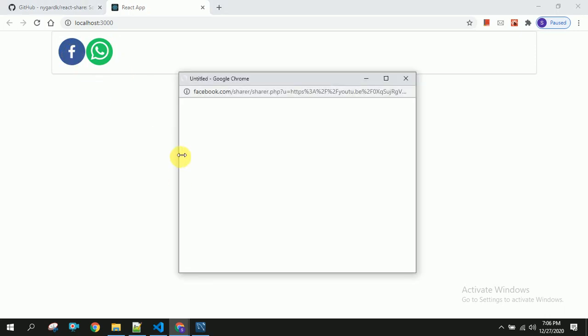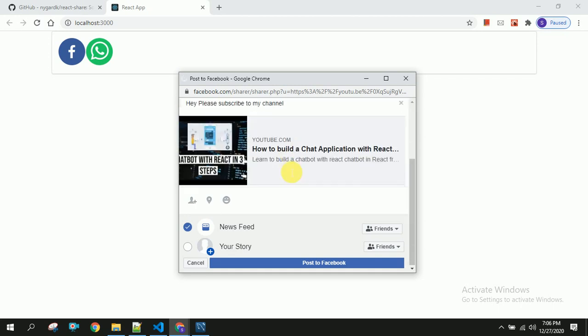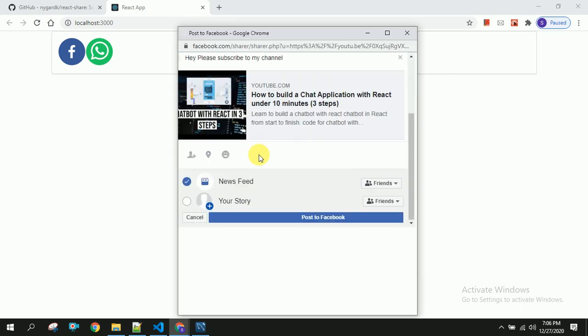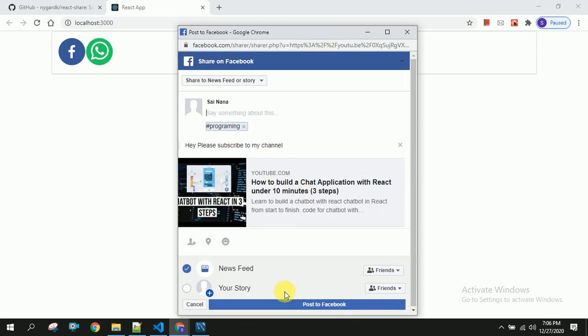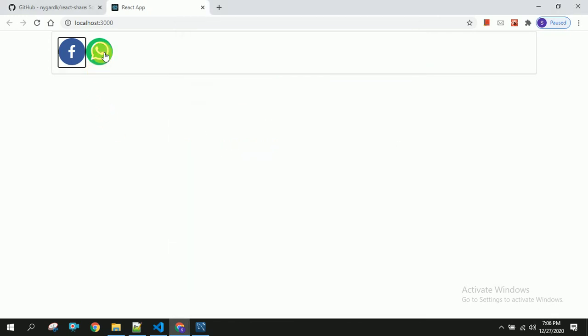Once you click on that, you will be able to see the pop-up box which consists of the Facebook post. So you will be seeing a hashtag and something you can write here, and you can share any link or your application link here. I have shared my YouTube channel link here. Once I click on post to Facebook, it will be posted to Facebook directly. So in this way you can post your application URL to Facebook,